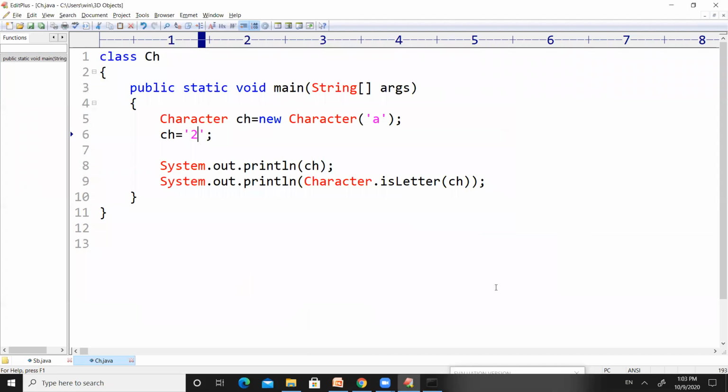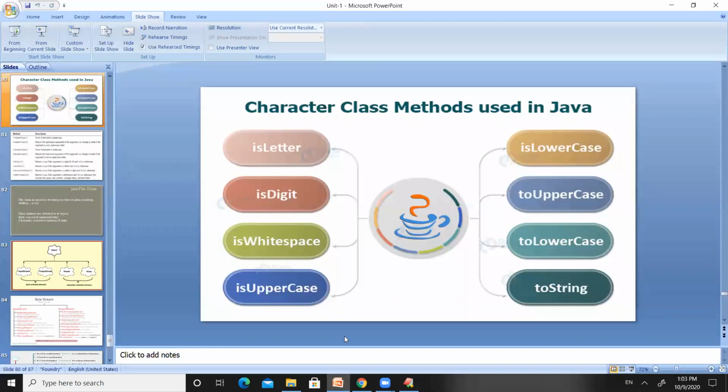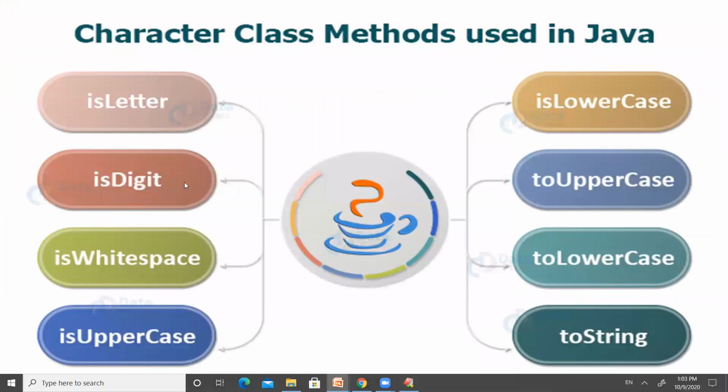And similar to this method, there are a few more methods in the character class: is digit, is white space, is uppercase, is lowercase, to uppercase, to lowercase, or to string. Let us see each and everything one by one.